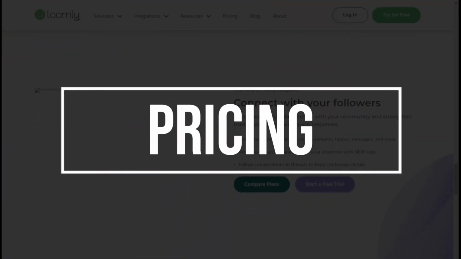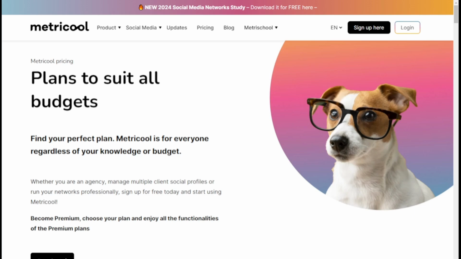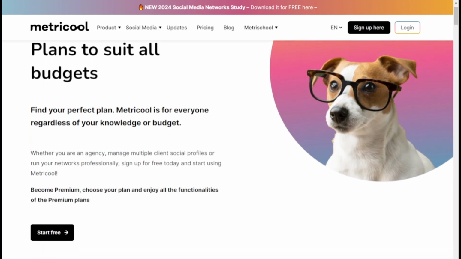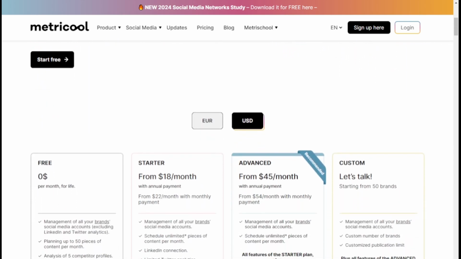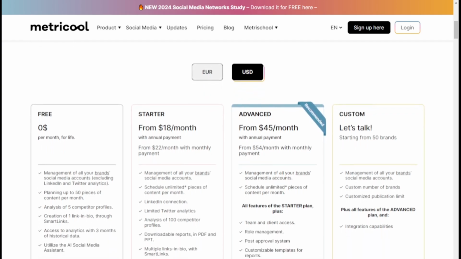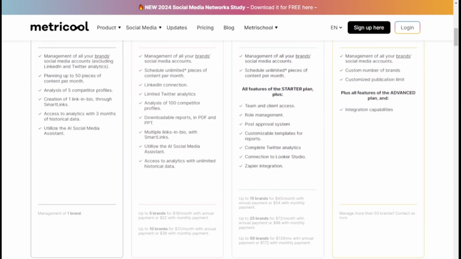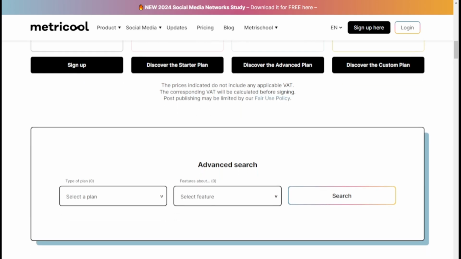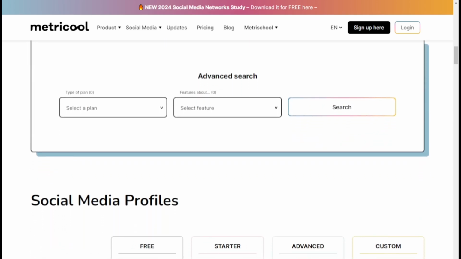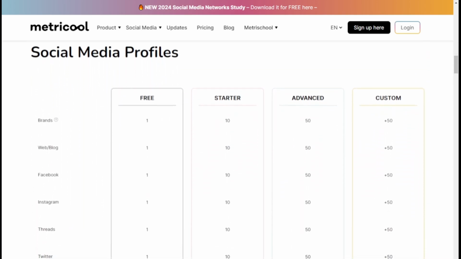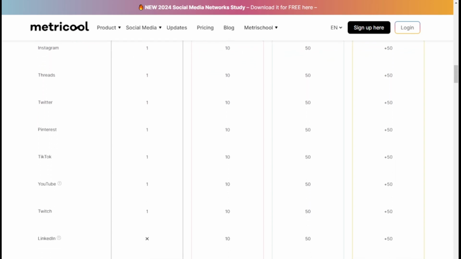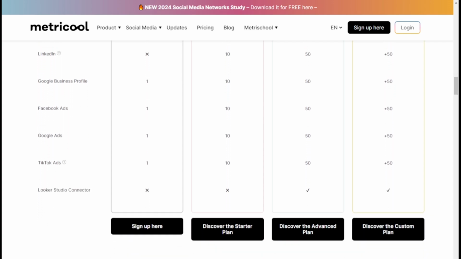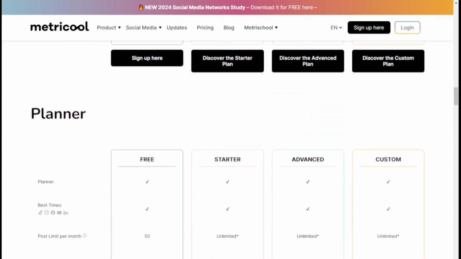Now, let's talk about pricing. Metricool offers a range of pricing plans to suit different budgets and needs, including a free plan that allows users to manage one brand associated with one profile for each social platform, a starter plan starting at $18 a month with annual payment, or $22 per month with monthly payment for managing up to 5 brands, an advanced plan starting at $45 a month with annual payment, or $54 per month with monthly payment for managing up to 50 brands